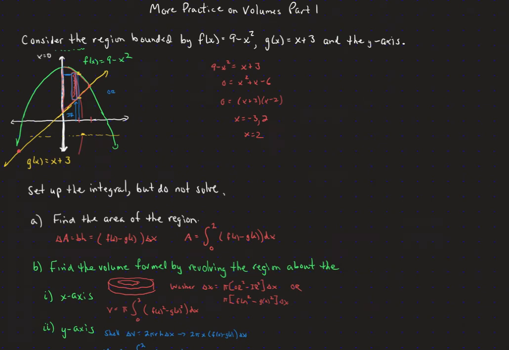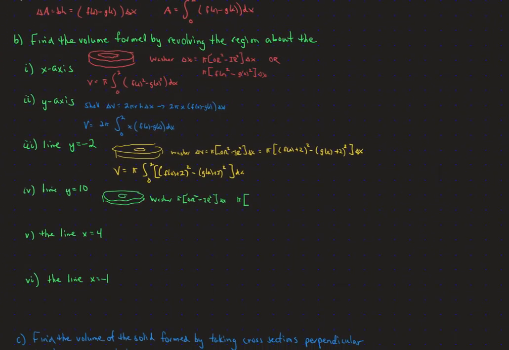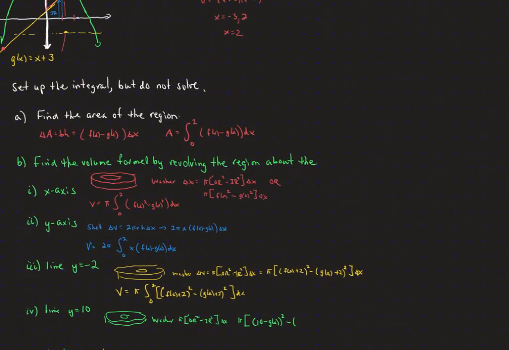So that's going to be pi times, now our outside radius here is going to be that distance from the outer edge of our solid to that axis of revolution. That's going to be our outside radius. We're going to make that a top minus bottom. So the top is our y equals 10. That's the 10. Our bottom is that line, the yellow line, which is our g of x. So that's going to be a 10 minus g of x squared